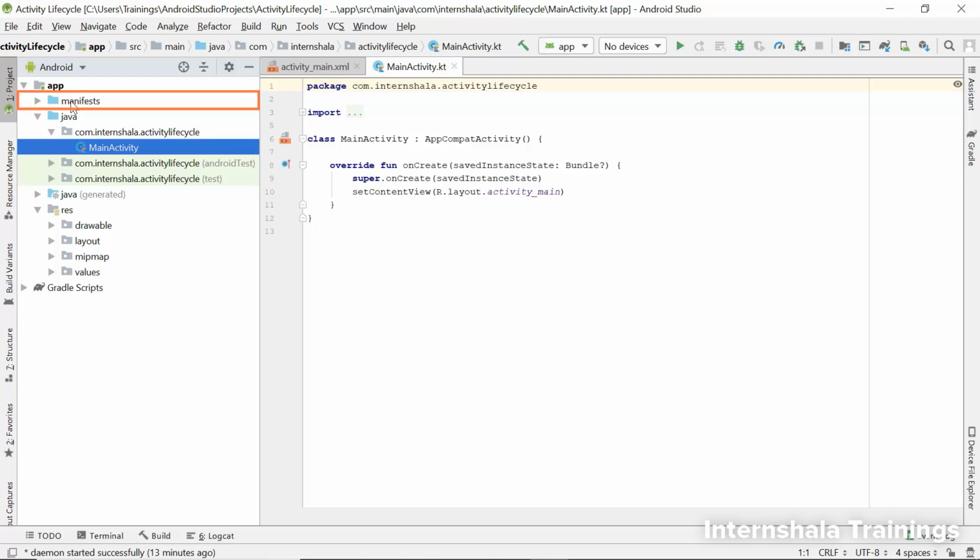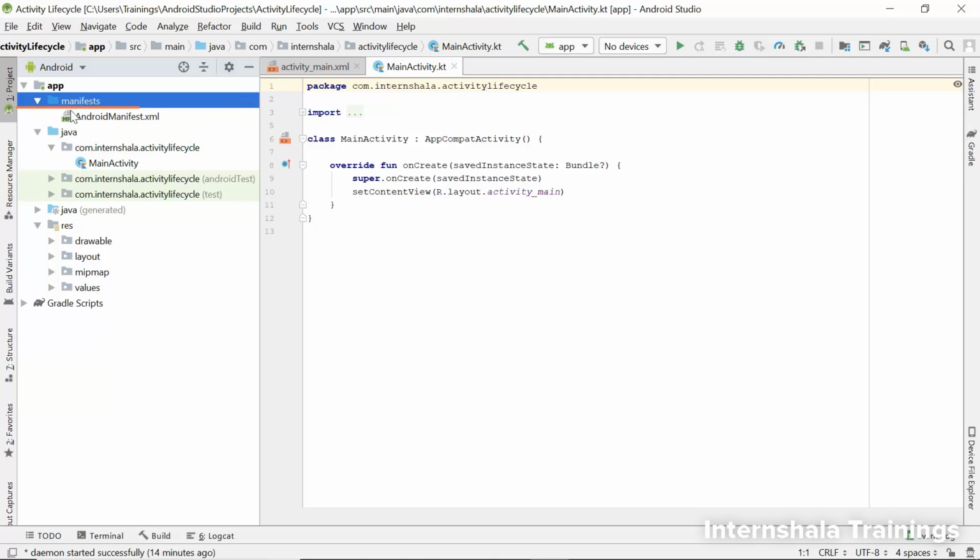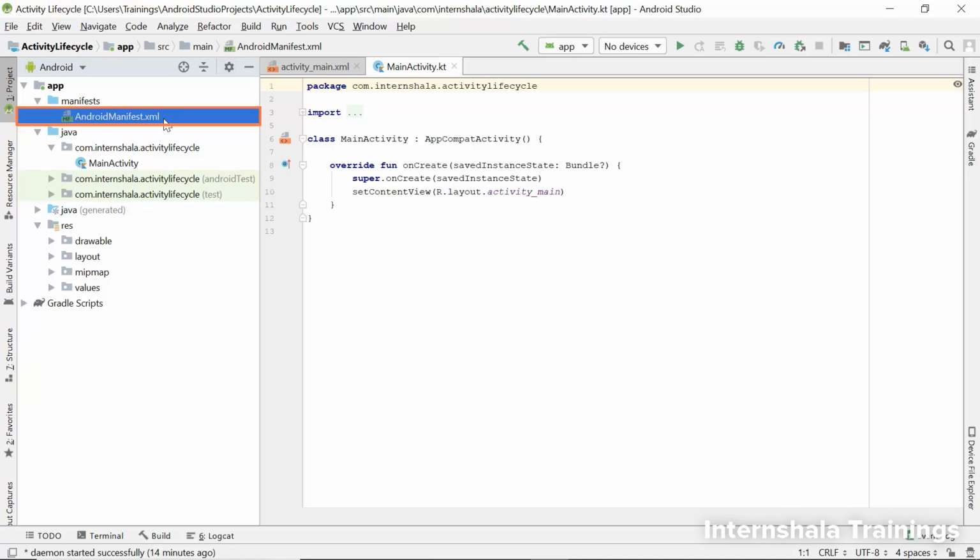It is known as the app manifests folder. If we open it, we will see that it contains a single file called the Android manifest.xml. Every Android project must have this file. This file describes all the information about the app to the Android operating system and to Play Store once we upload our app. This file is created on its own by the Android Studio, and we do not need to create it ourselves. And all the required things are also automatically added to it.